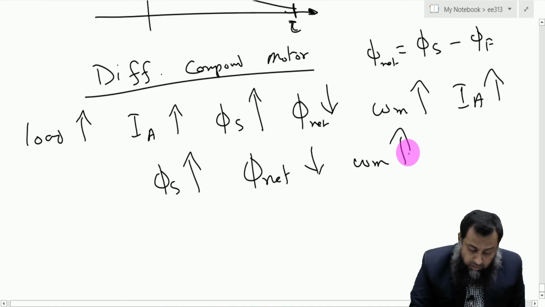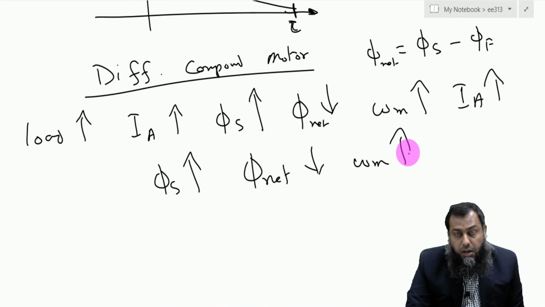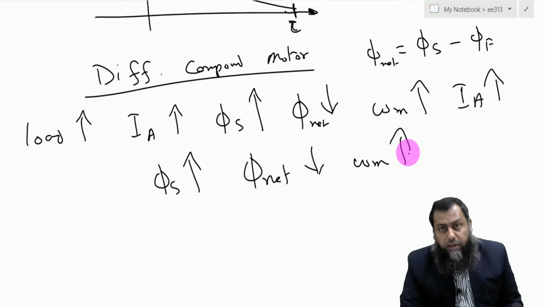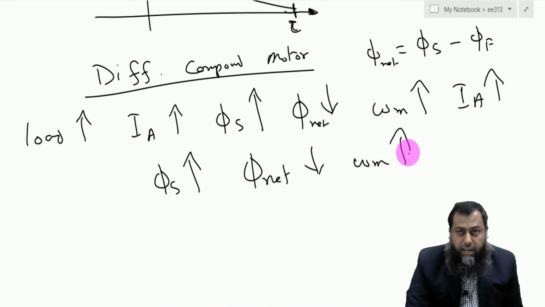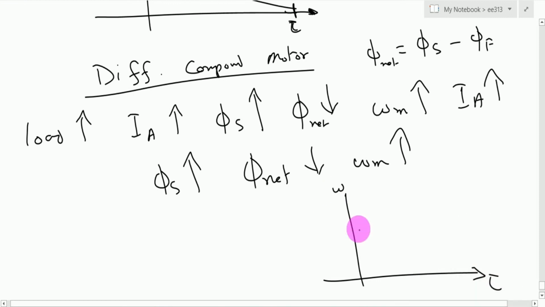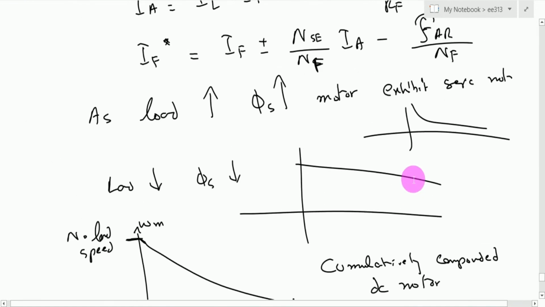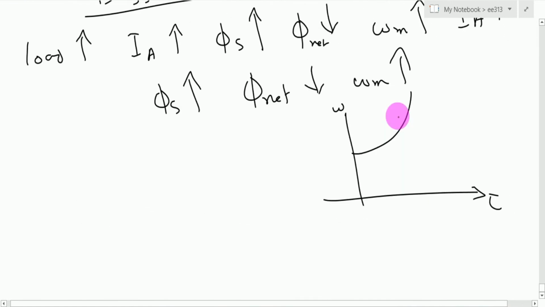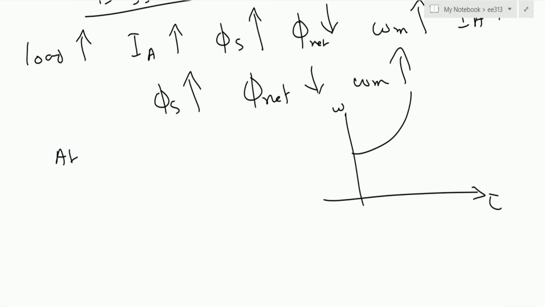And therefore this differential compound motor, or a compound motor connected in a differential mode, is not suitable for any application because of its inherent instability. And if you draw the characteristics of the torque versus the speed, it has these types of characteristics. Moreover, it is not possible to start this motor. Why? Because at start, let us say that the motor is halted, it is stationary. So at start, what happens?